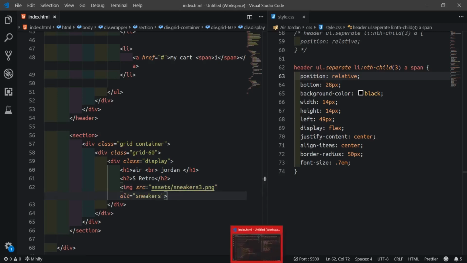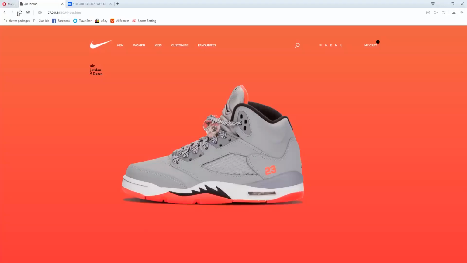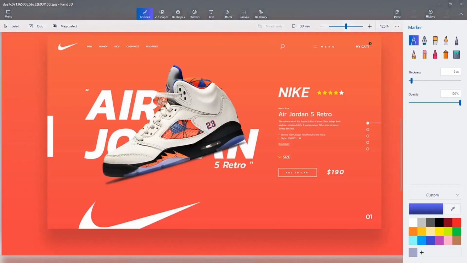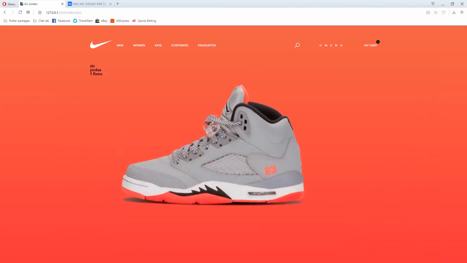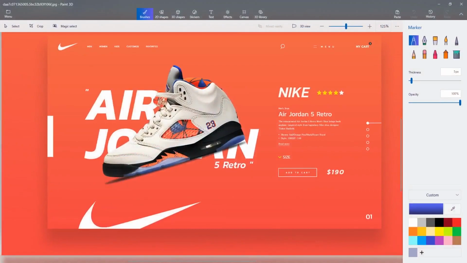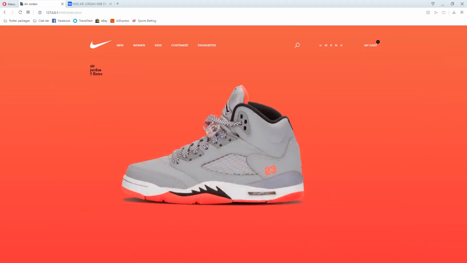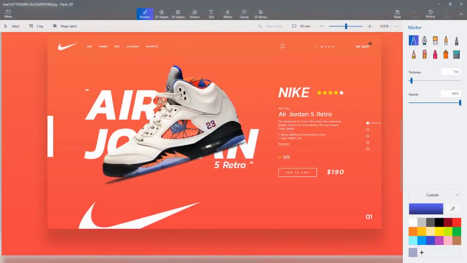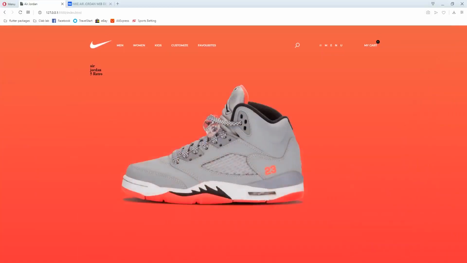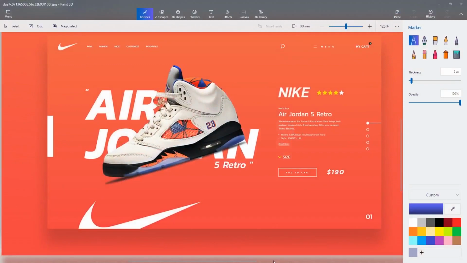Then this alt. I'll go to my browser here and refresh, and you still get it. You see, it actually came out different from the sneakers, but you still get this 23 because I made sure to find something similar. You see how this resembles it, just the color has changed. You see how the styling makes it fine like this.